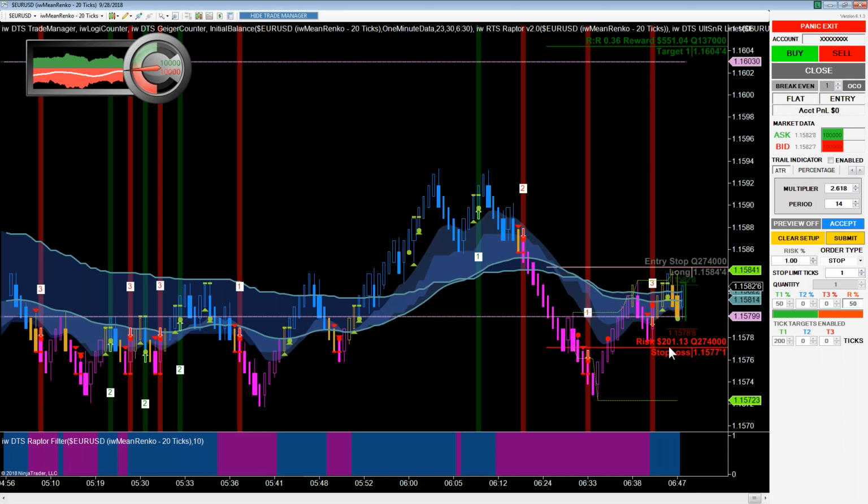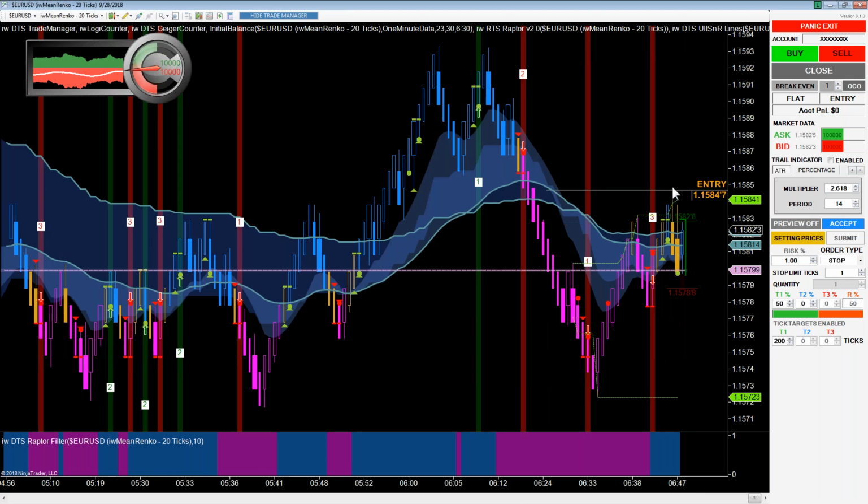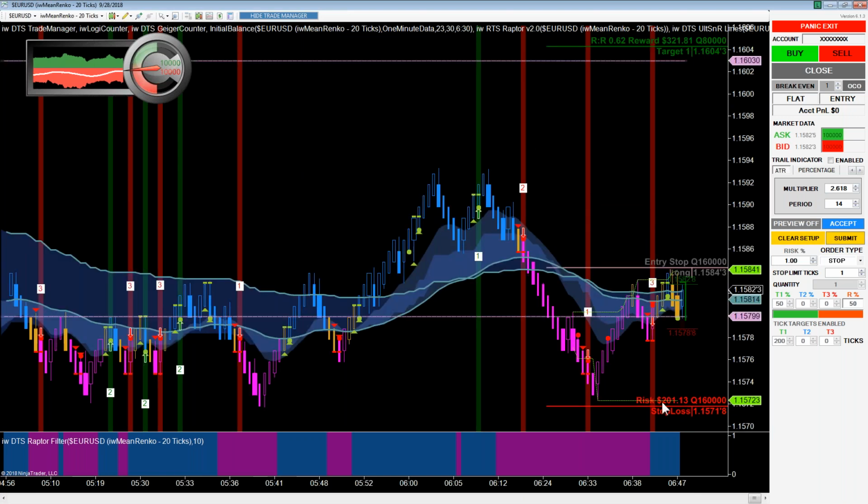So here I'm risking approximately $200 and I've got 274 lots. If I risk the trade down here, oh, I still have $200, but I'm trading 160 lots. So what it does is it keeps you from over leveraging yourself while still maximizing your profitability given your capital allotments. You'll see how it works here as we use it, but it's a very, very sophisticated